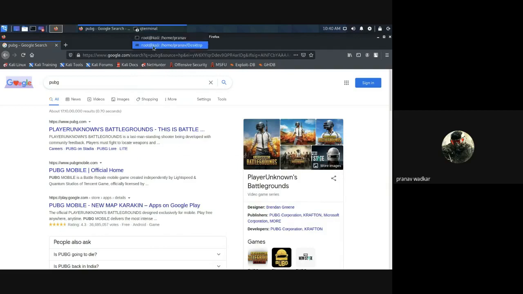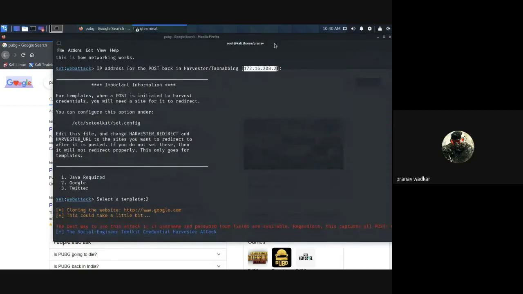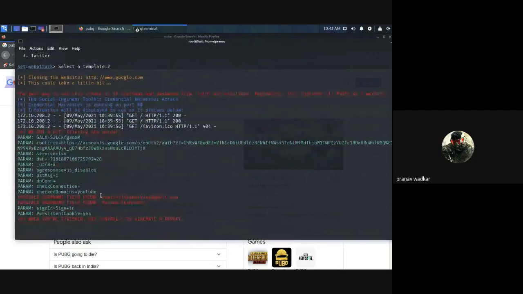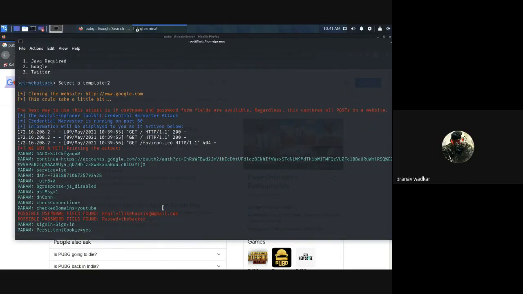So let's view the credentials now. As you can see here, you can see the email and the password that I have entered. So basically it's a type of hacking in which the hacker hacks a person in seconds. It does not take even 2-3 seconds to clone a whole website or a whole sign in page.